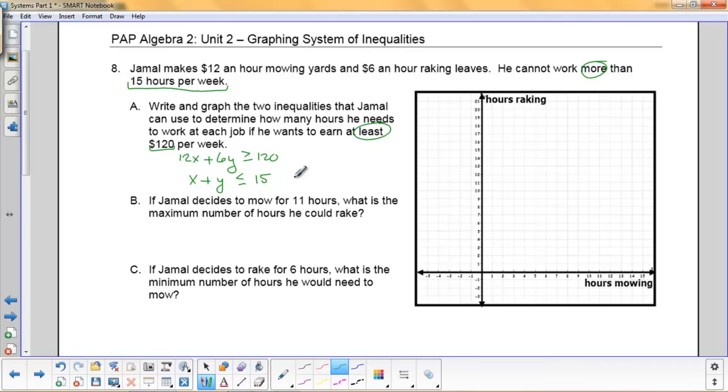This one is very simple. I'm just going to move the x, and I get y is less than or equal to -x plus 15. The second one is a little bit more tricky, with a couple of steps there. So it's going to be 6y is greater than or equal to -12x plus 120. Dividing both sides by 6 is going to give me my equation that I will use. Y is greater than or equal to -2x plus